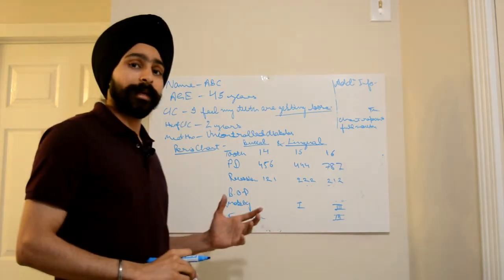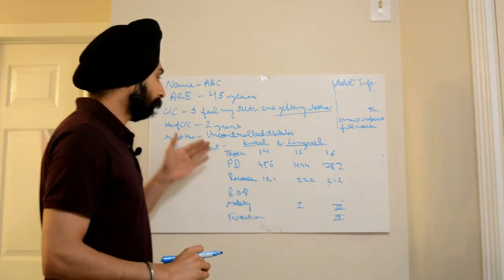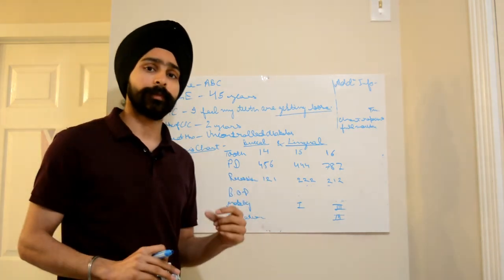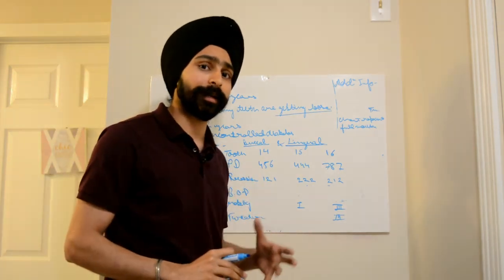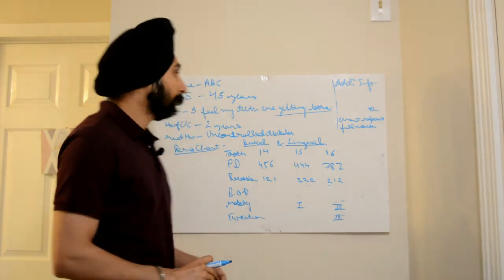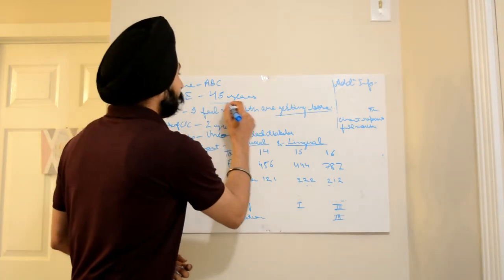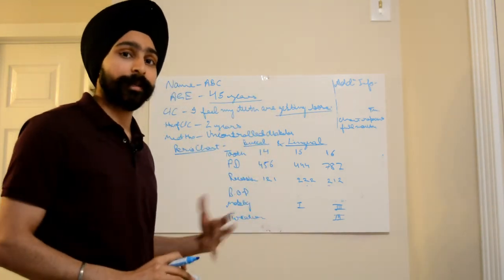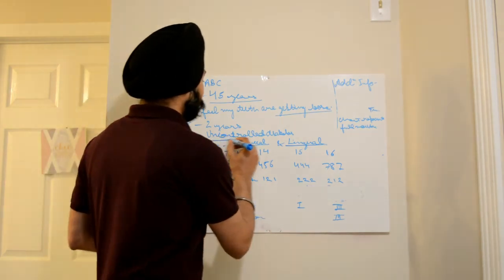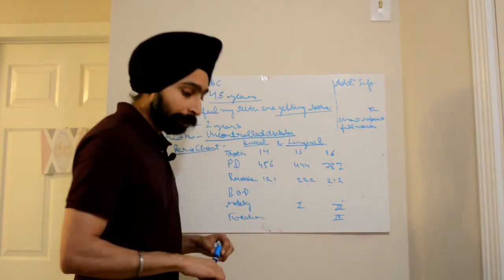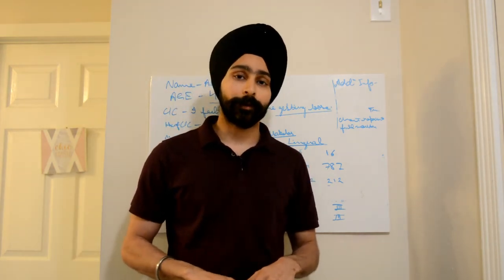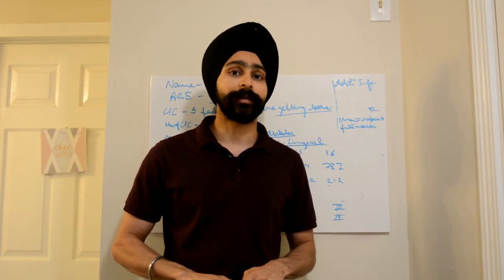So some of you might still be thinking that since this perio chart has a lot of clinical attachment loss, this might still be a case of aggressive periodontitis. But friends, always remember, the age of the patient is not very young. He is in his middle age. Then the medical history says he has uncontrolled diabetes. Always remember, for you to come to the diagnosis of aggressive periodontitis, the patient must be healthy.